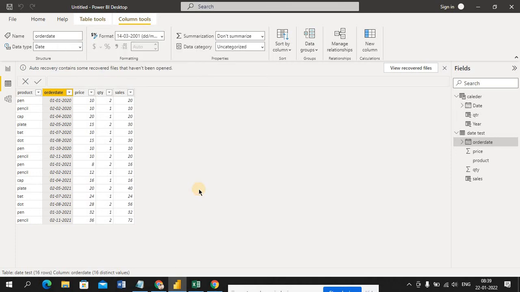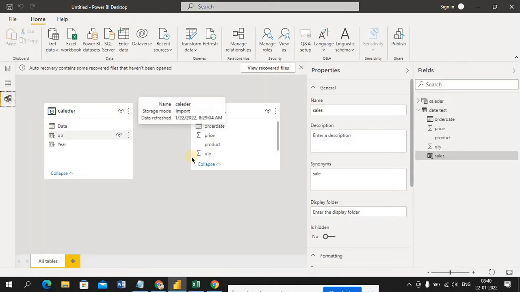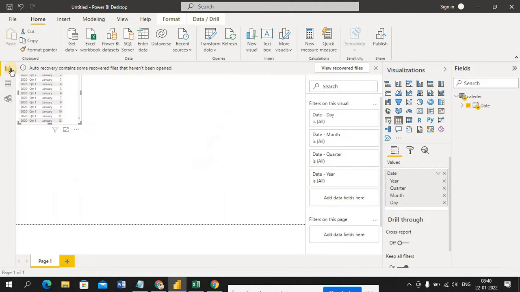Fine. Now I go to Model. If you go to Model, you can see the tables are individual. It's not performing a join. Now I'm going to Report view. We'll see the two tables individually here.